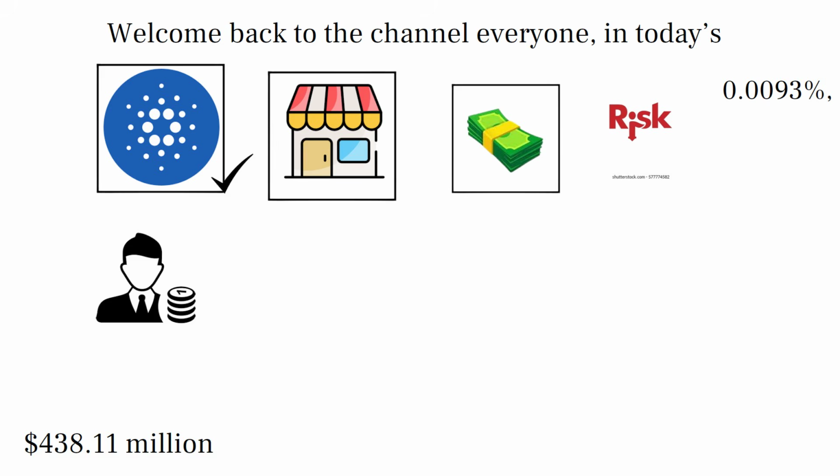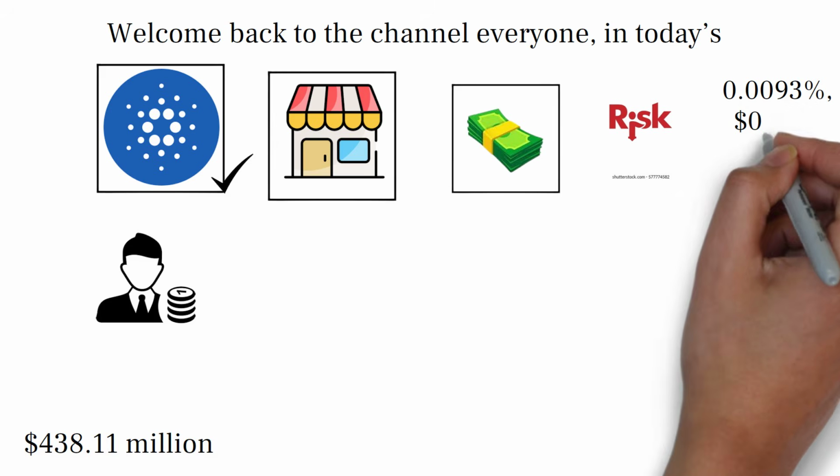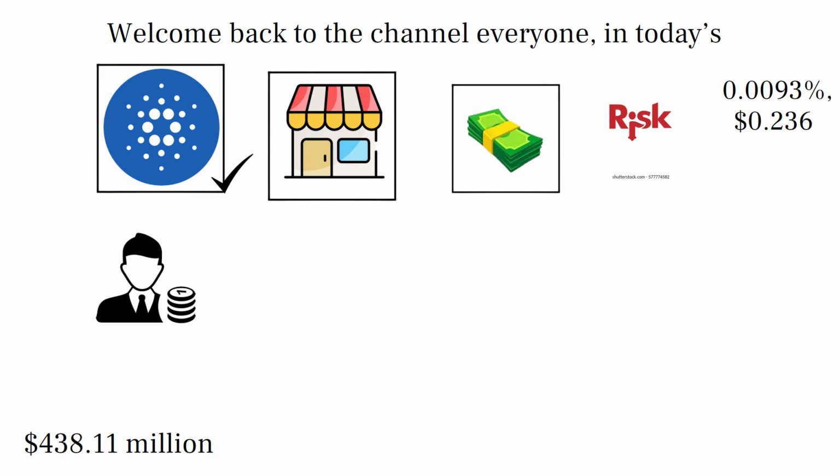Now, when we move to the technical chart, things become even more clear, because ADA is currently trading around 236 and maintaining a strong bearish structure as it continues to stay below the 50-day, 100-day, and 200-day exponential moving averages. And these moving averages are stacked above the price, acting as dynamic resistance levels, which means every time price tries to move up, it is getting rejected, showing that sellers are still in control.